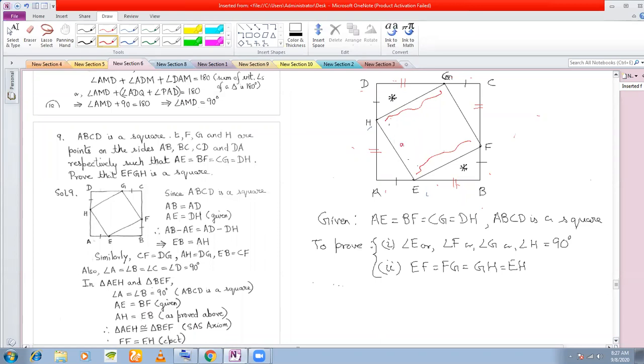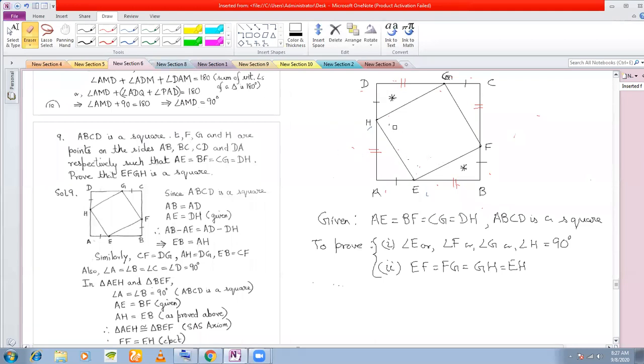Because if this side is, let's say, let's take another notation. If I take this side to be, say, Y, and I've shown that the opposite adjacent sides are equal, so that means this side is Y. Now I have also shown that these two are equal. So if this is Y, then this will be Y. So therefore all the sides are equal. Okay. So that is what we are going to follow in order to prove that all the sides are equal. Okay.